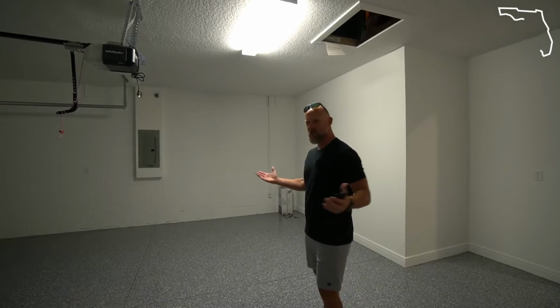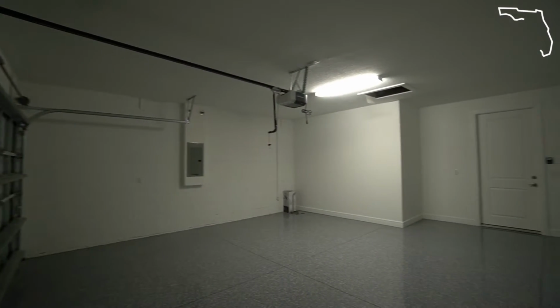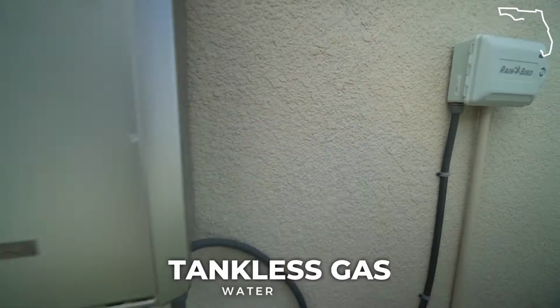And you'll notice the garage is kind of bare. There's no water heater, there's no hurricane shutters. Well, that's because Webb includes impact rated windows at the base level, so you don't necessarily need hurricane shutters. You're still gonna get the wind mitigation credits for your insurance. You're not gonna have to board up for storms because you're gonna have impact windows. And there's no water heater. Well, that's because these are on a tankless gas water heater system, so there's no water heater tank in the